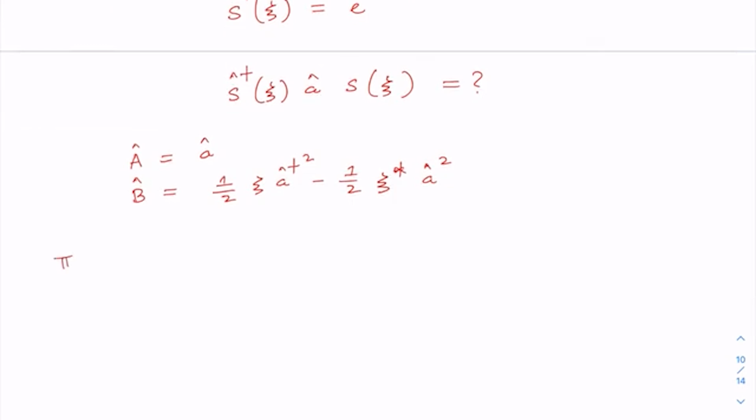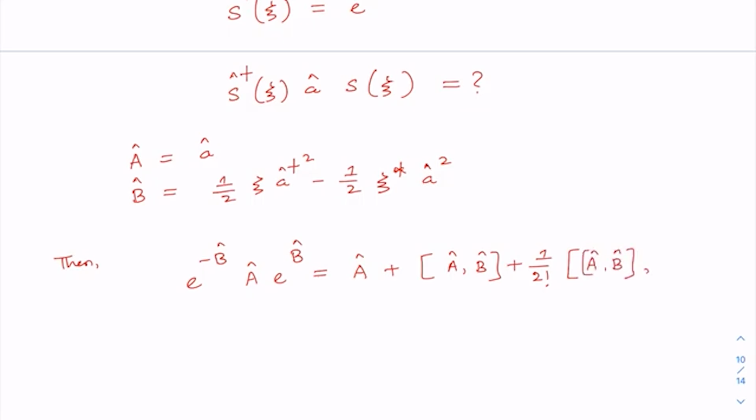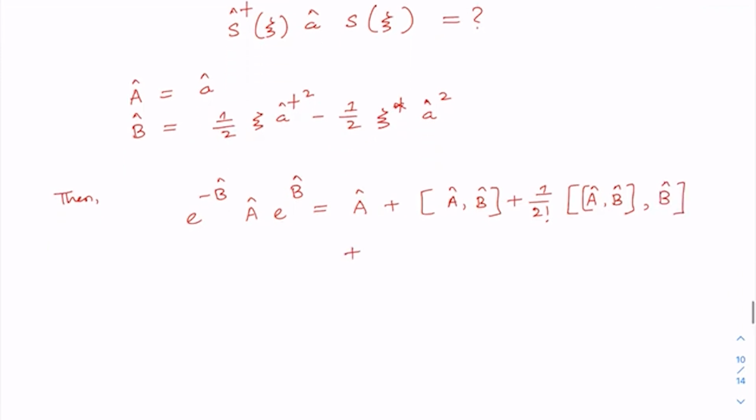Then we have this formula, e to the power minus B A e to the power B is equal to A plus [A,B] plus 1 by 2 factorial [[A,B],B], then we'll have a term like 1 by 3 factorial